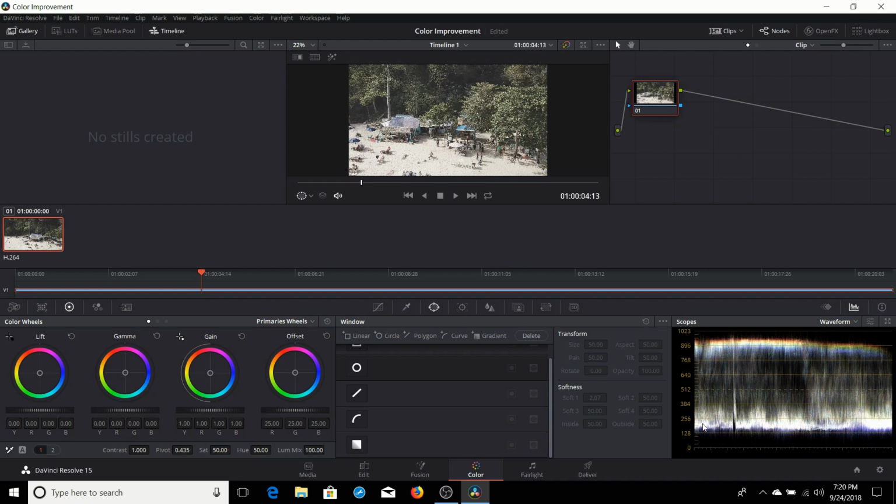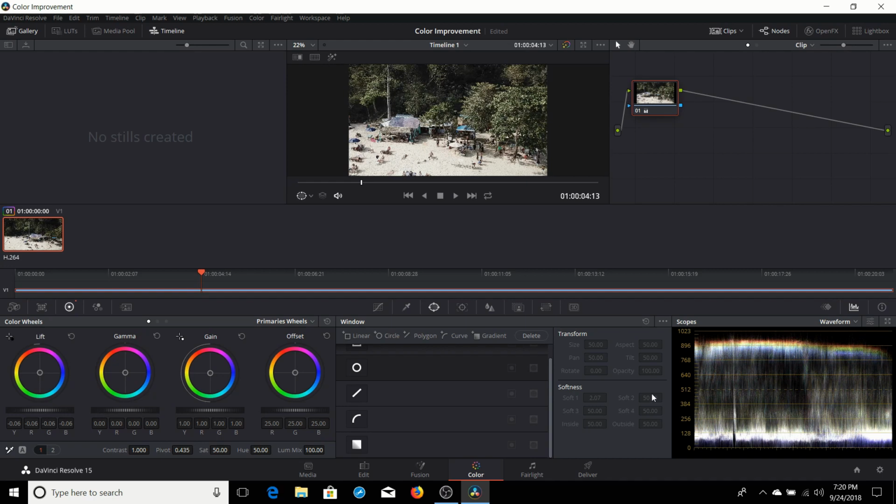So the first thing we're going to do is adjust the black. For that, we're going to come over and click on the slider, and we're going to slide it left to bring the bottom of the waveform down. Now if you notice at the bottom there, it's not right below the main part of the white, there are little hairs that are sticking down. That's all detail in your picture. You don't want to bring your waveform down to the point where you lose those,